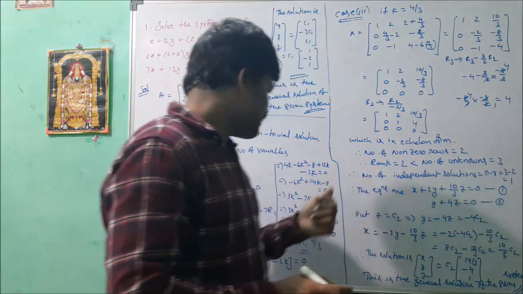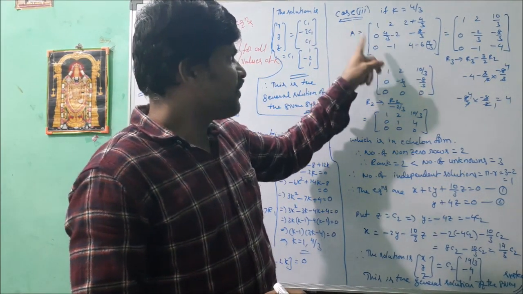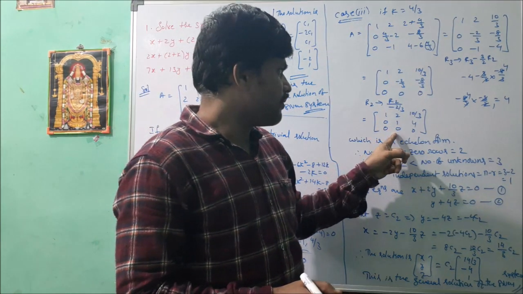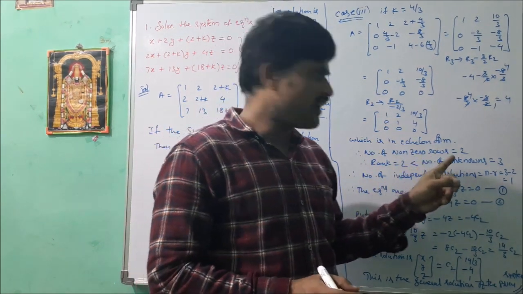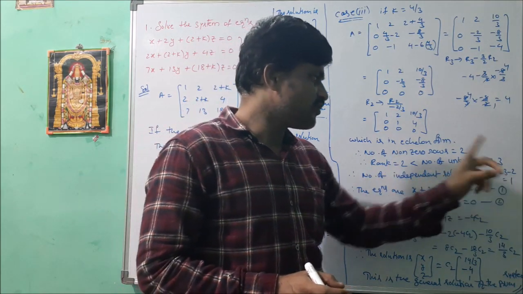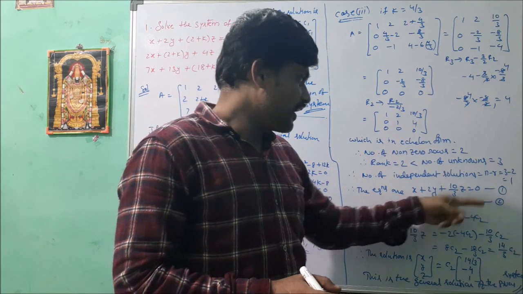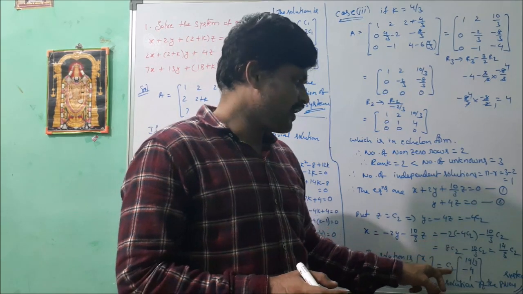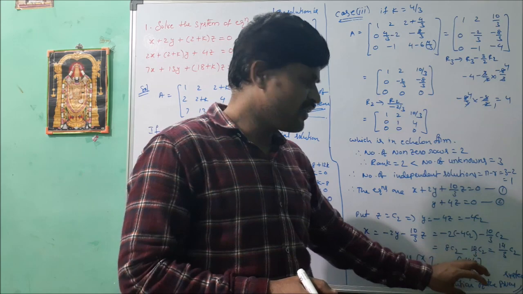Similarly, we take the value of k equals to 4 by 3 in case 3. Then find the coefficient matrix. It can be reduced to echelon form. Here we observe in that echelon form, here also rank is less than number of unknowns. Here number of independent solutions also equals to 1. Now here we take the equations in echelon form and it can simplify. Then the solution is C2 into, C2 is any scalar, C2 into 14 by 3 minus 4, 1. Now this is the general solution.